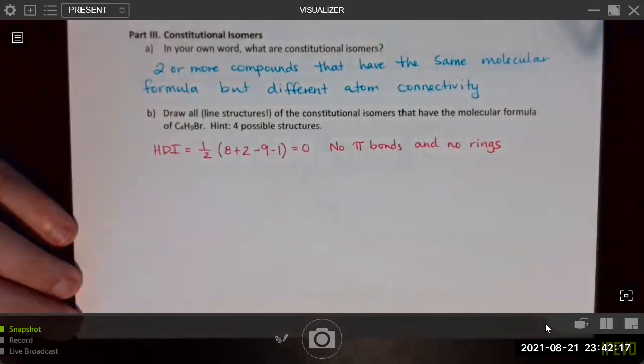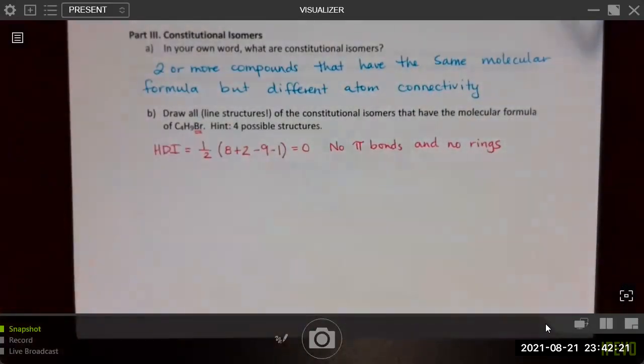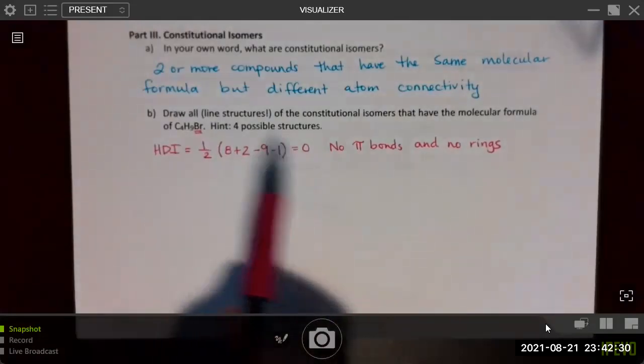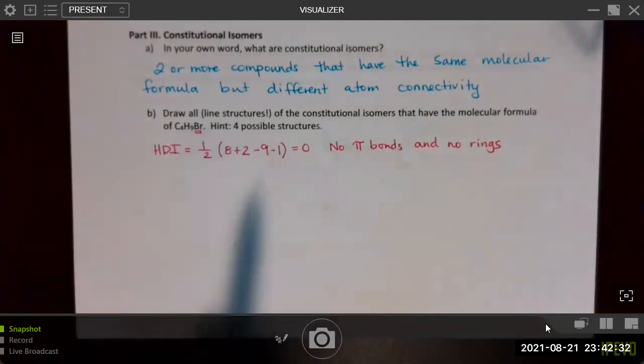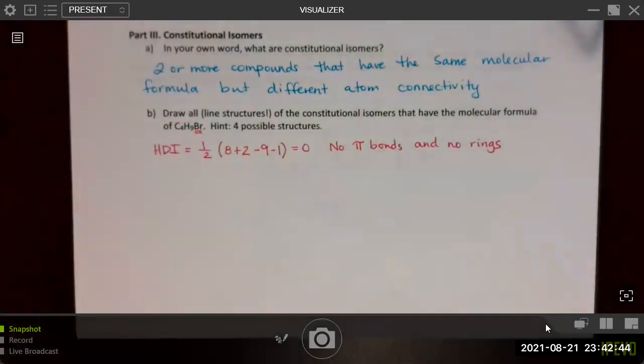And we do notice that there is a bromine. So I want you to think, based on the heteroatoms, what functional groups are possible given the HDI being 0 and the fact that we know that it has a bromine. Well, there's only one, because there are 2 functional groups that include a halogen: the acyl halide and the alkyl halide. Let's draw those in, to remind ourselves what they looked like.